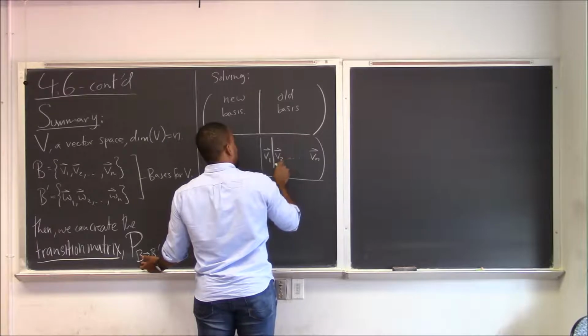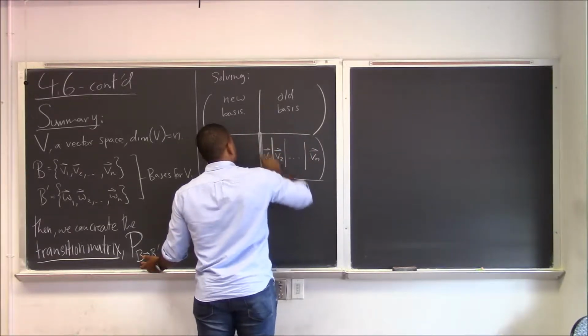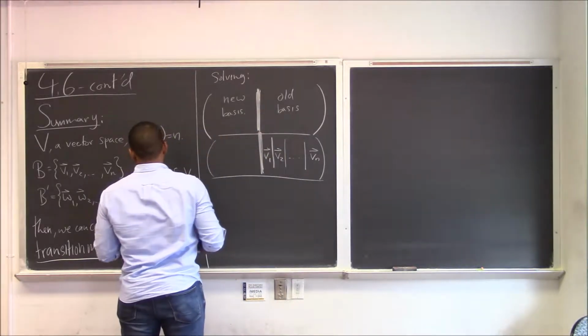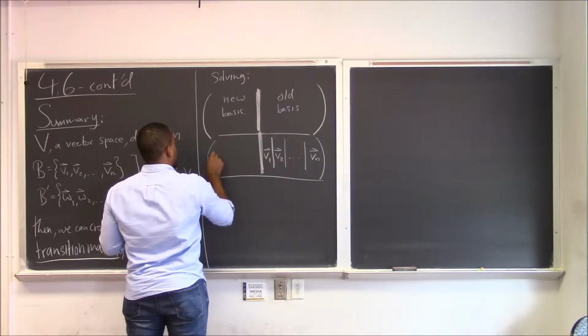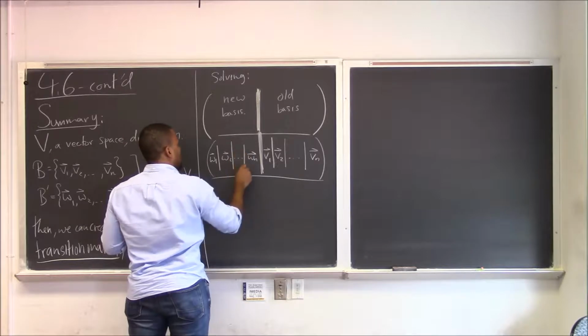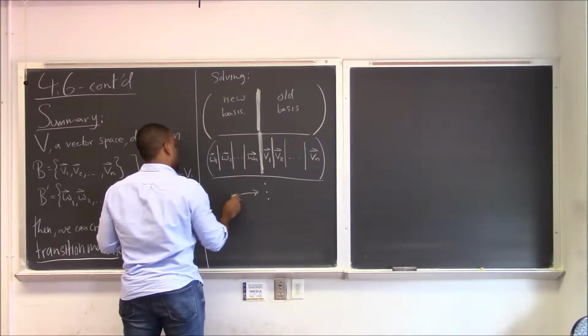And you put those guys as columns. And then over here you put the new basis, W1, W2, all the way down to Wn as columns. Then if you find the reduced echelon form,